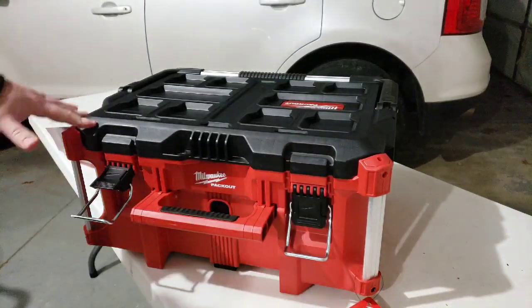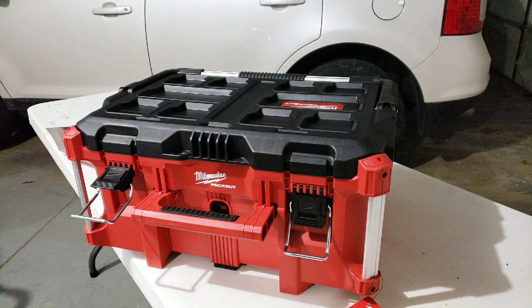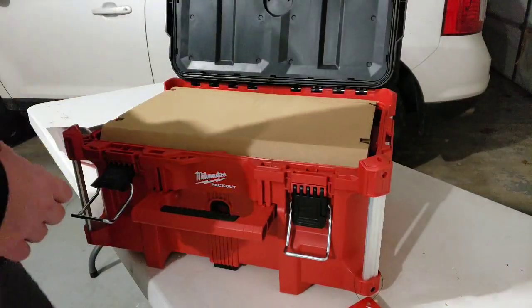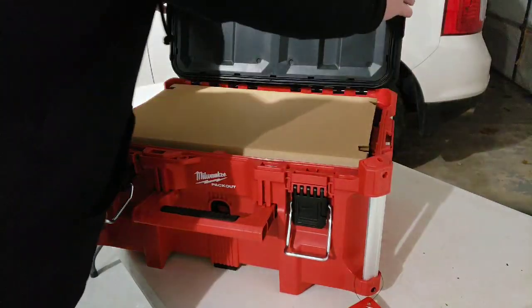Now, inside of this set, I want to touch on that real quick before I open it up. I lied about that. This comes with one hammer drill driver, an impact driver, a hacksaw, an XC5.0 battery, and then a high output XC6.0 battery. It has the M18 and M12 charger, and then this Packout toolbox. So that's everything that's in here. As I said, this is a $399 deal, and looking at this,